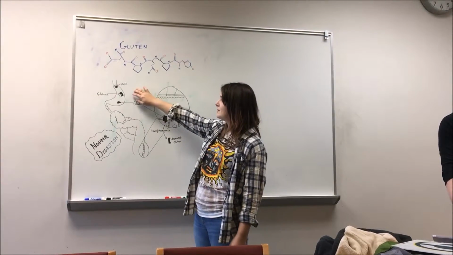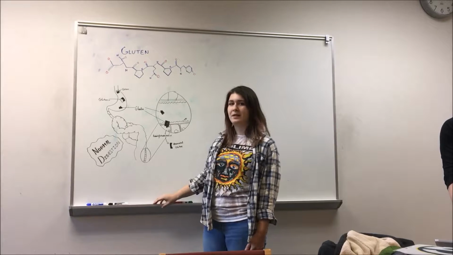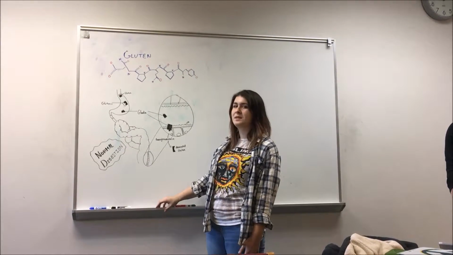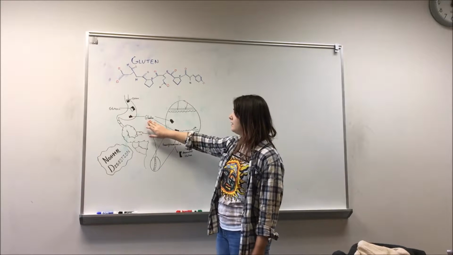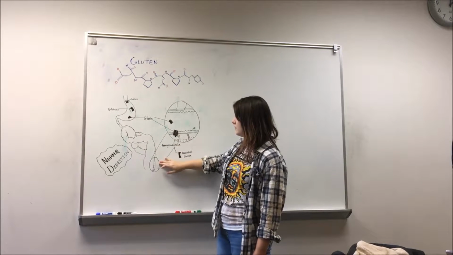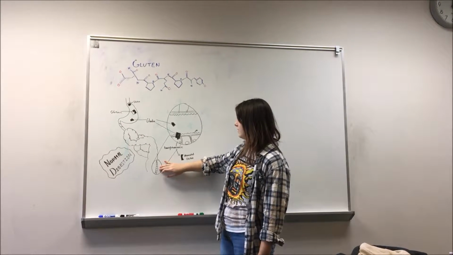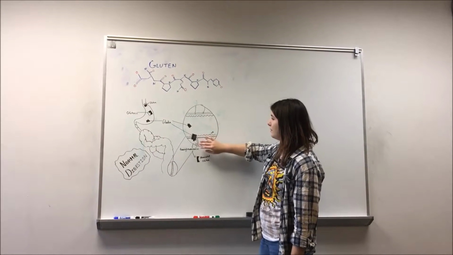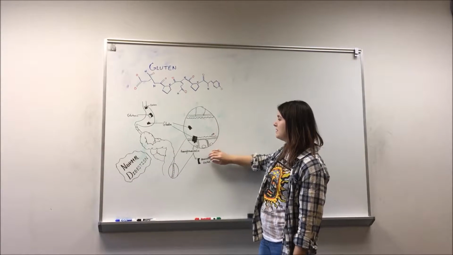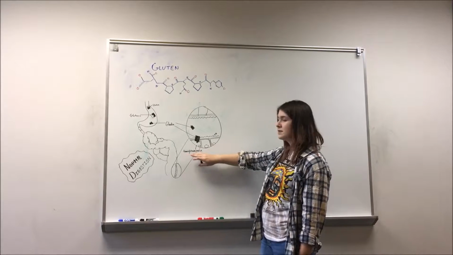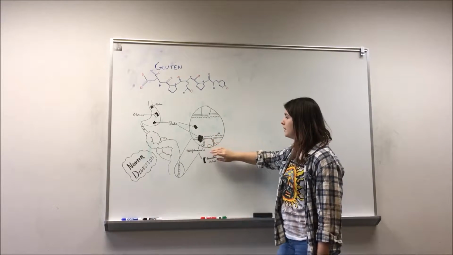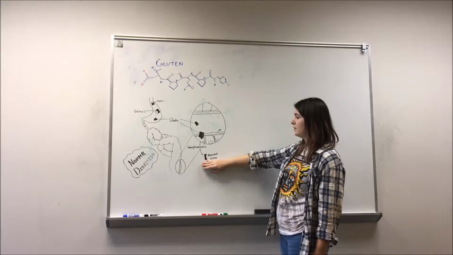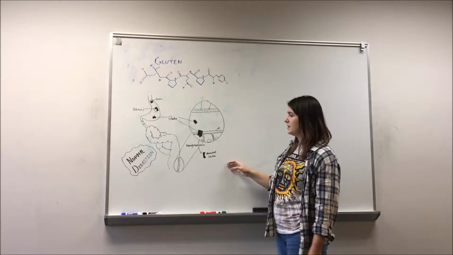When you eat gluten, it's too large to pass through the linings of the small intestine, so it must be digested. It breaks down into glutenin and gliadin, and the gliadin is what gets absorbed in the intestinal lining. The gliadin, once it enters the lining of the intestine, is broken down by transglutaminase, which breaks down the amino acids on the gliadin. Once this happens, the deaminated gluten can be used by the rest of the body for